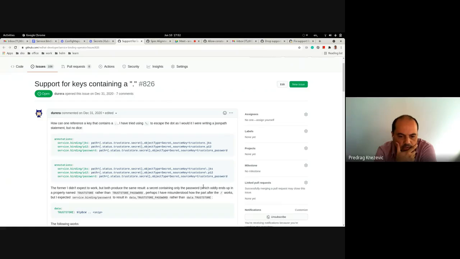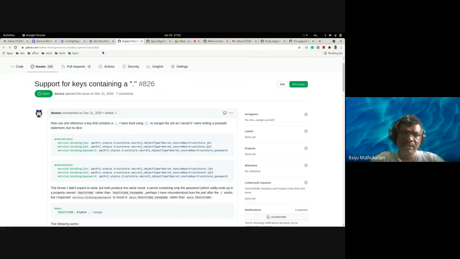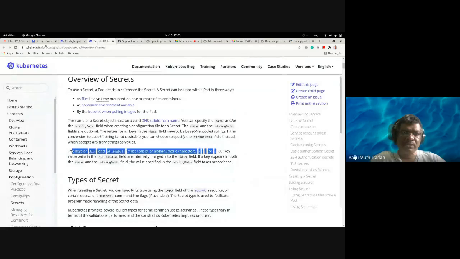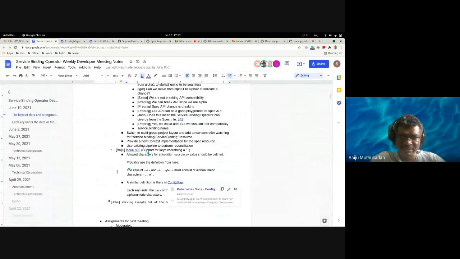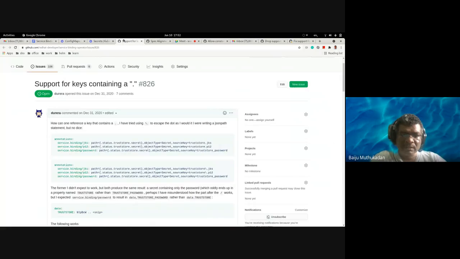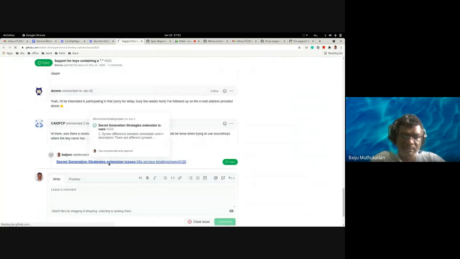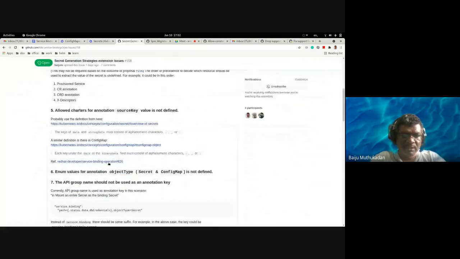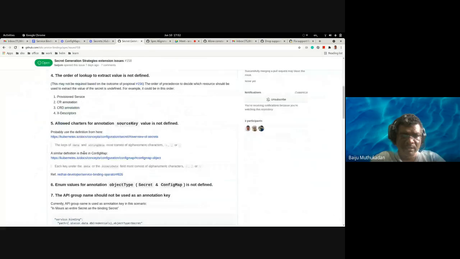Could you double check with the spec? What is the interpretation of the source key? There is no interpretation. I already added one issue regarding it, along with many other issues that I report. I added this into the common issues that I started noticing. So this is one of the issues that I marked here, which means we need to address it. Our current spec is not clarifying what kind of characters are allowed or not, so I just added that.